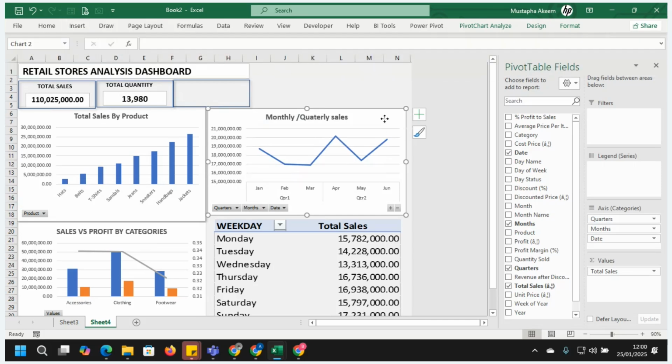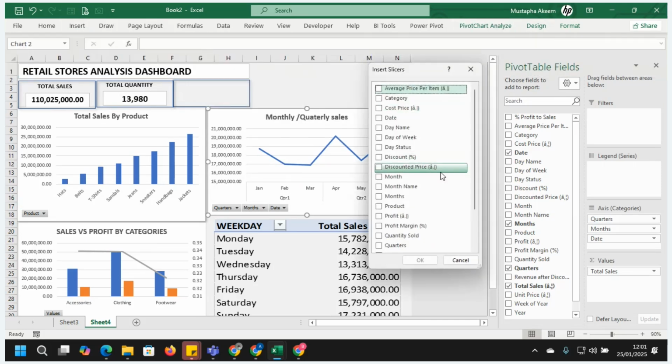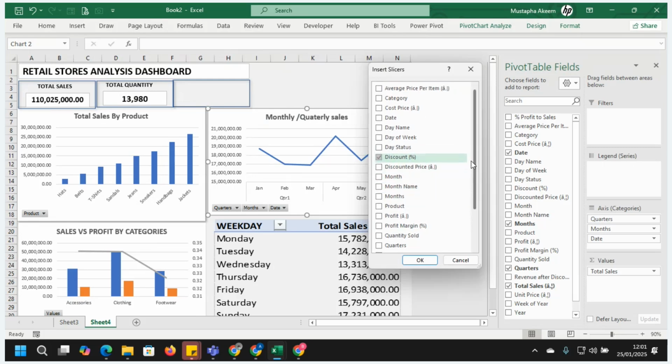Let's do this. Or you can even come here also. From Analyze, you can see Slicer here. Let's quickly add, like what we did earlier, the discount. I want to see how the discount affected our sales. Let's see, is this by the discount or by category? Let's name category also to this and hit OK.